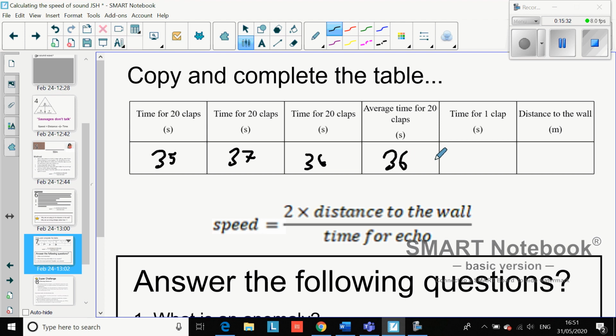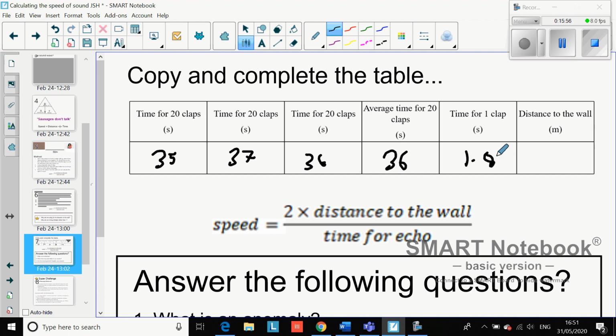Okay, so you could do 20 claps on average in 36 seconds. So therefore, how long did it take you to do one clap? Well, that's quite simple. You take your 36 and divide it by 20. The time for one clap was 1.8